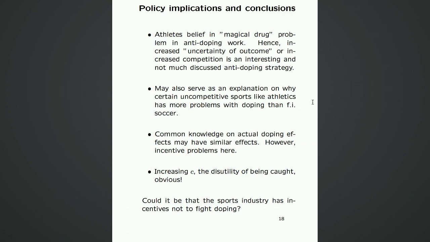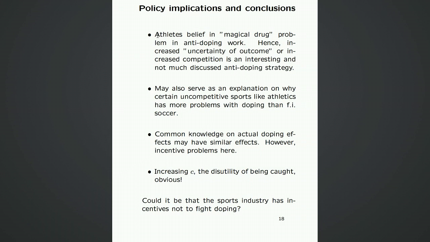The paper itself contains more information than this. There are some paragraphs related to repetition, some paragraphs related to incomplete information. There's even some talk here about whether this is a sensible game to look at. Of course, what we look at here is two agents competing against each other, but there are obviously other agents which are relevant here. For instance, the decisions made by the sport officials. How is that linked into this? To my knowledge, this situation has up to today been loosely analyzed. That's why there is a paper lately on this, so somebody is working on it. But whether it has found its form, I'm really not sure.